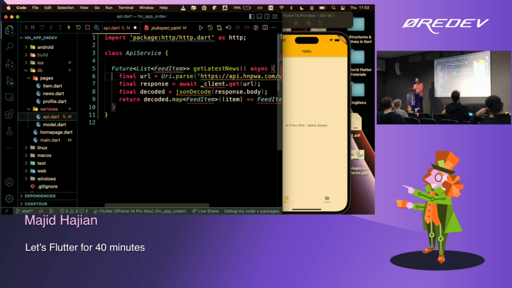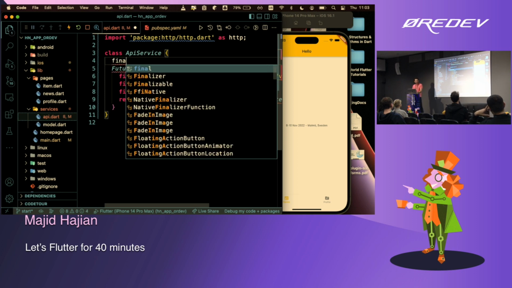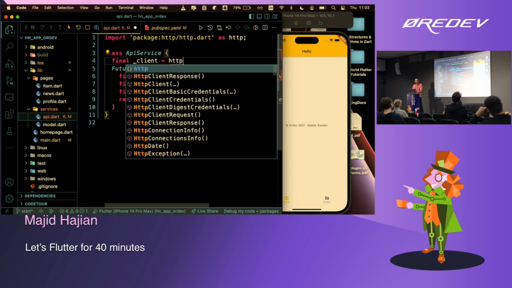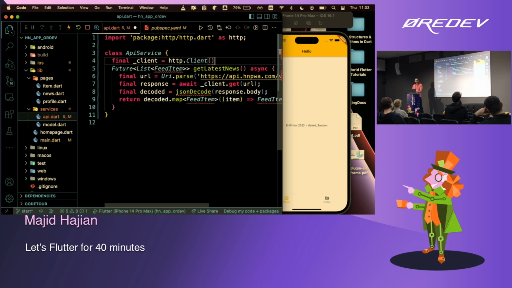In fact, now I can come here and create my client. This step is not necessary. You can directly call http.get for getting the request, but I'll make this client because I want to show you that you can manipulate your client and pass headers and authentication headers and so on and so forth. You don't need to do that every time you're making a request. So what we're going to do here, and that's another thing I want to show you quickly, you'll see that in Flutter quite a lot as well. So http, and that's client.